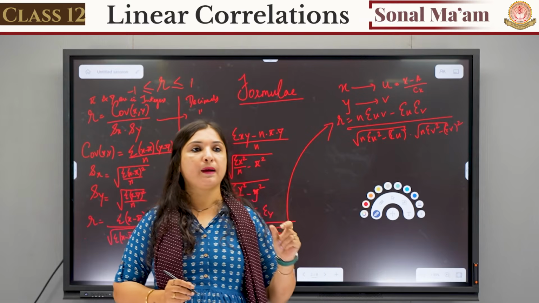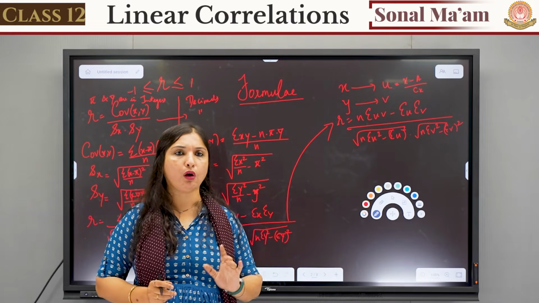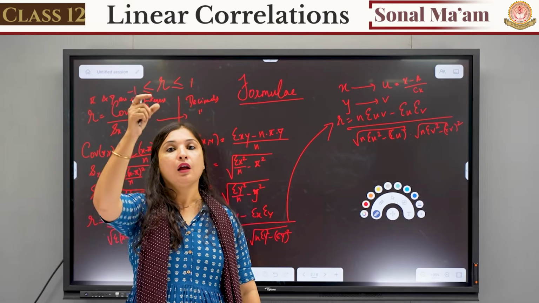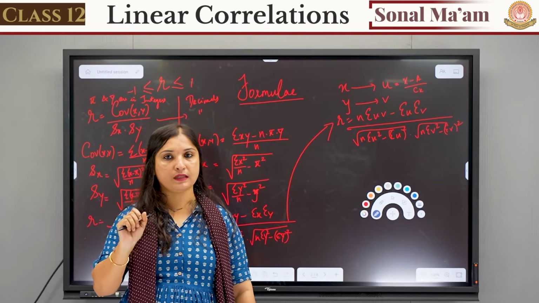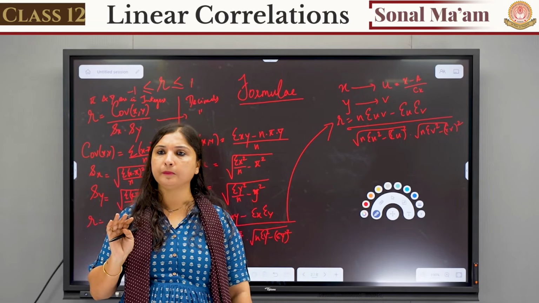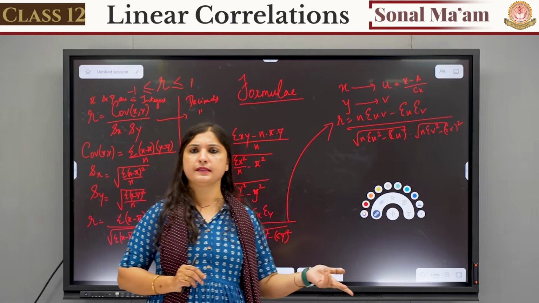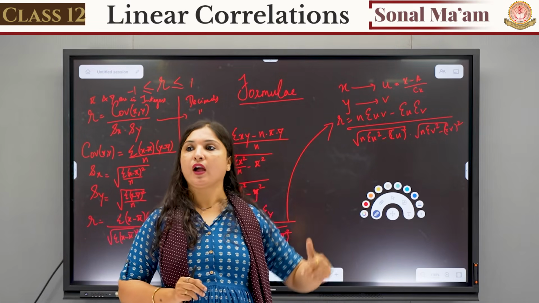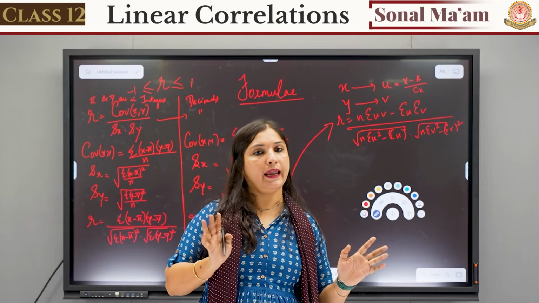The value of x bar, if it is coming in decimals, what will we do? We will just round it off and assume it as a. While assuming a, what do we have to take care of? Whichever x column is given, just go through it. Are the observations given in that? Suppose you got 25.36. So is 25 in your x column? If it is there, you can easily take it as a.